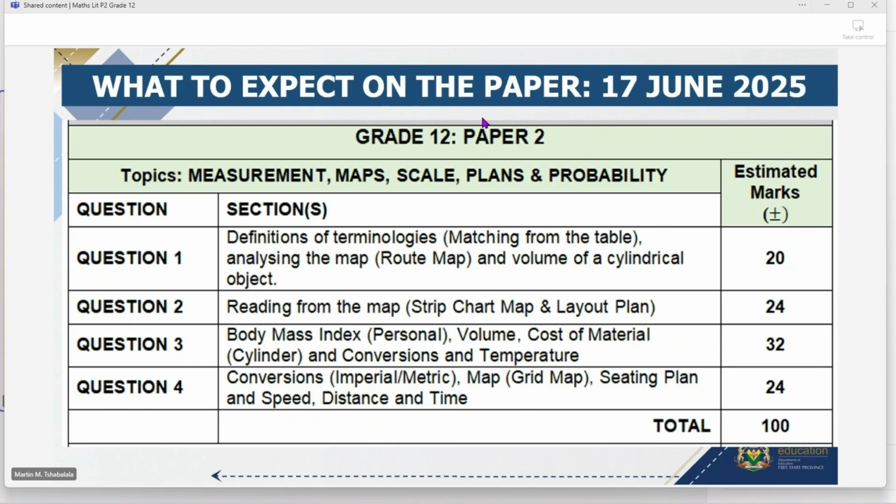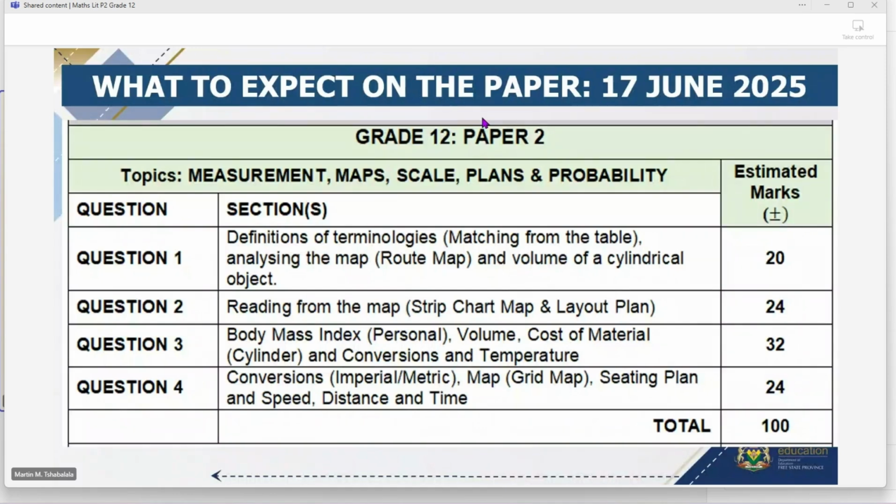You've got it in your houses, but at times you find that you went out and fetched water using a cylinder, but you got zero in a question that was asking about the cylinder. How on earth? Should not be like that, boys and girls, because our subject is alive. When you are calculating the volume of this bottle, remember that you were drinking from that bottle. So it is very important.